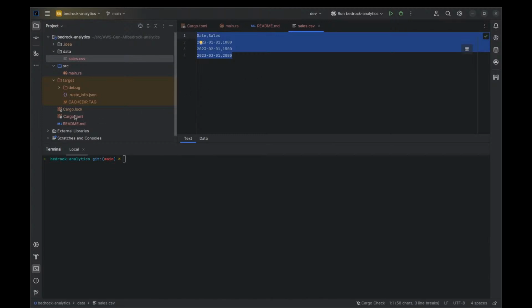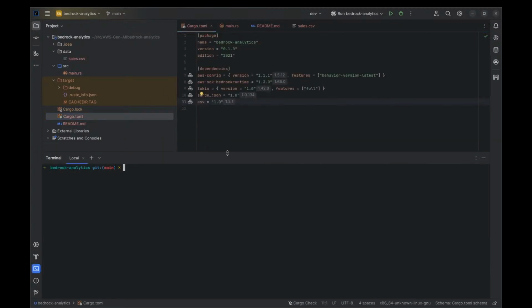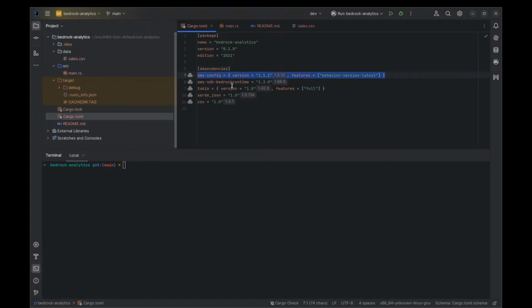And then if we look at the cargo.toml file, this is where we're able to pull up everything that we need for the project. So in here we have the AWS config, and this is going to feature behavior versions latest, which is something that we're using in order to talk to the API. We also have AWS SDK Bedrock runtime.